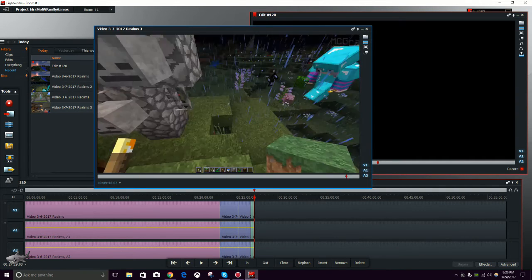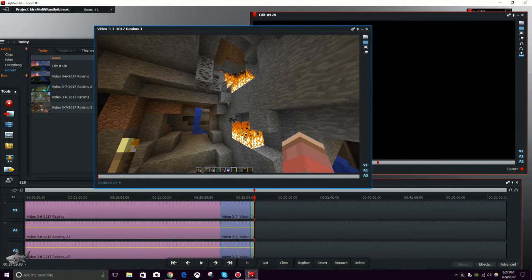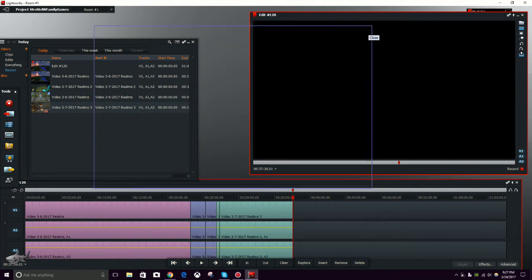I don't know what the purpose of this was, but it's kind of cool, so we'll just insert this. Alright, so this one's kind of a bummer because it's almost the same color as the end piece, but anyway, that happens sometimes. So now you see we've got this little clip right here. What we're gonna do is, because we want this piece right here,